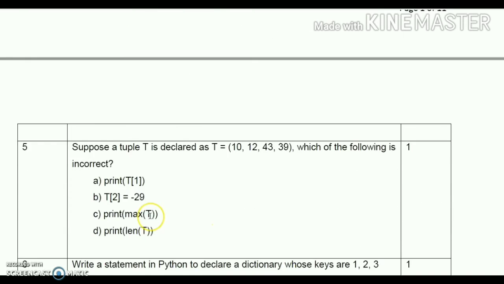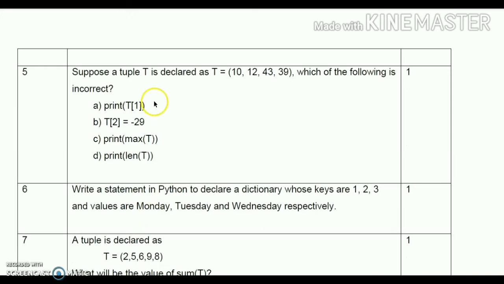Then question number 5. Suppose a tuple T is declared as T is equal to 10, 12, 43, 39. Which of the following is incorrect? First one, print T of 1, then T of 2 is equal to minus 29, print max of T, then print len of T. From these, T of 2 is equal to minus 29 is wrong, because tuple is immutable.